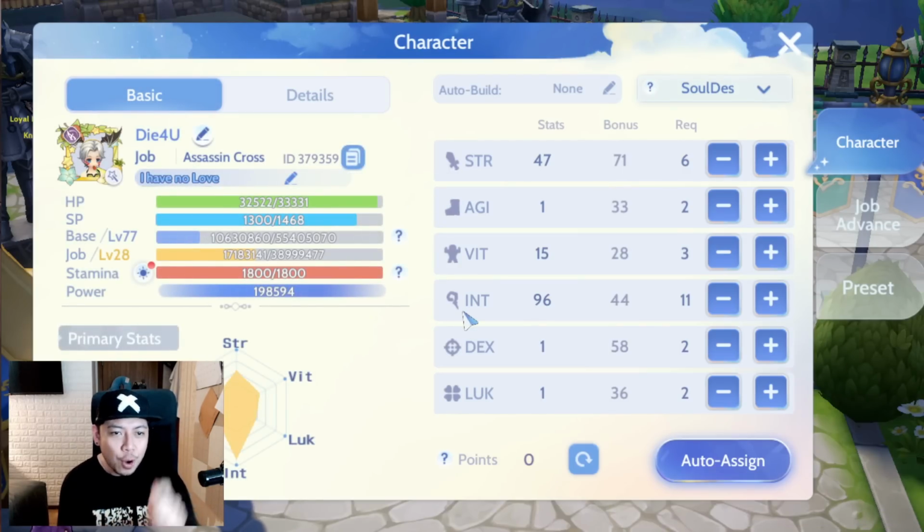Okay, so let's now go to the stats. As of now, we have 96 base int, 15 vitality, and 47 strength. So we have here a total of 140 int, still divisible by 10. That's really important so that you could optimize your damage, because you need strength here, still going to be increasing your damage, and a little bit of vitality so that you could stay alive longer